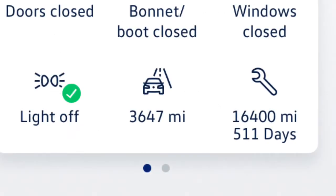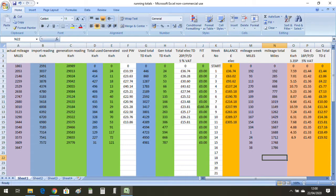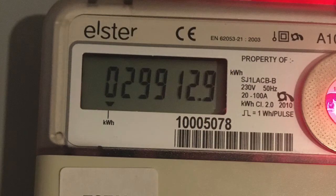The mileage on the car now is up to 3,647 miles, which is given as only 38 miles for the week and 1,786 miles since the start of the 2020 logs. The generation meter is reading